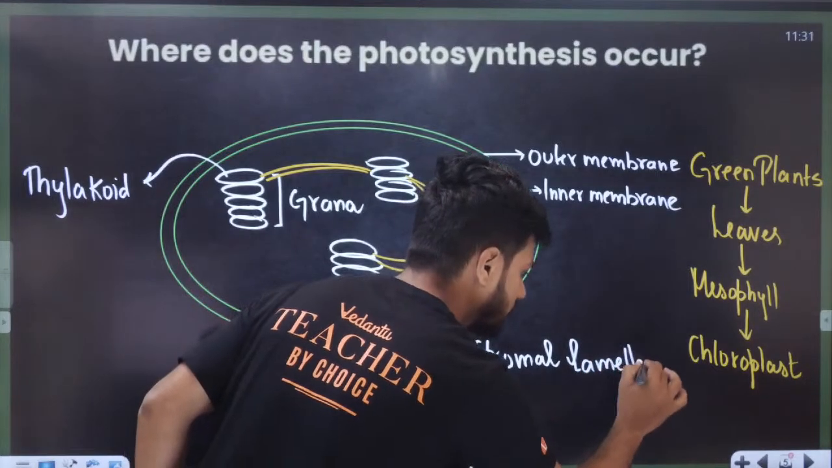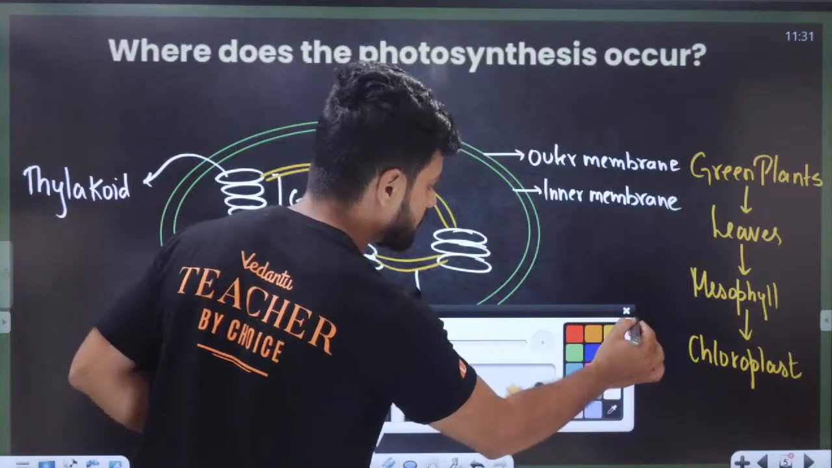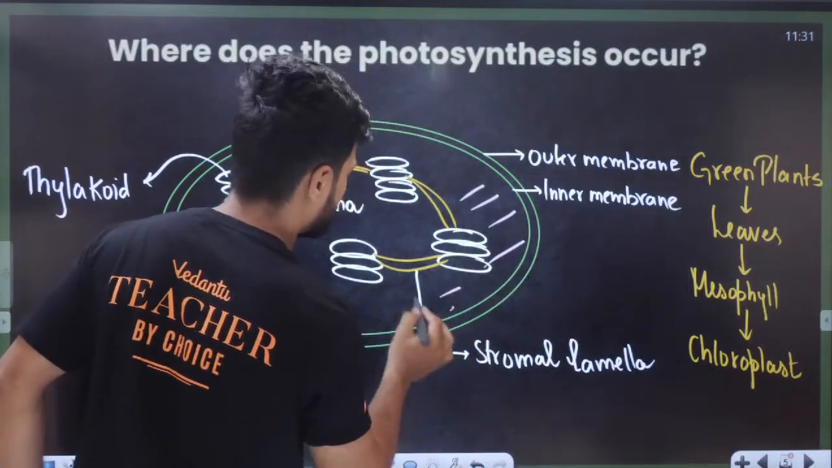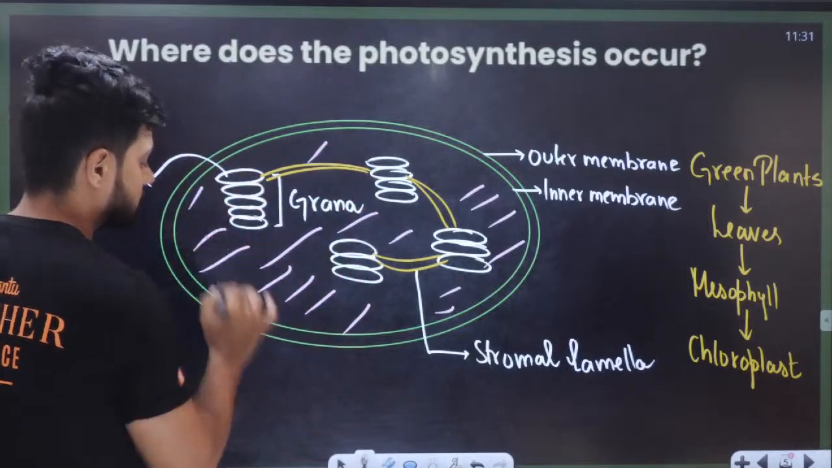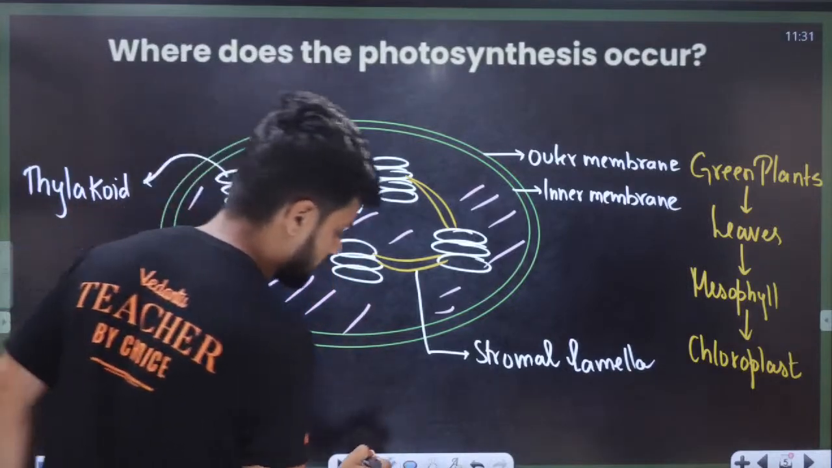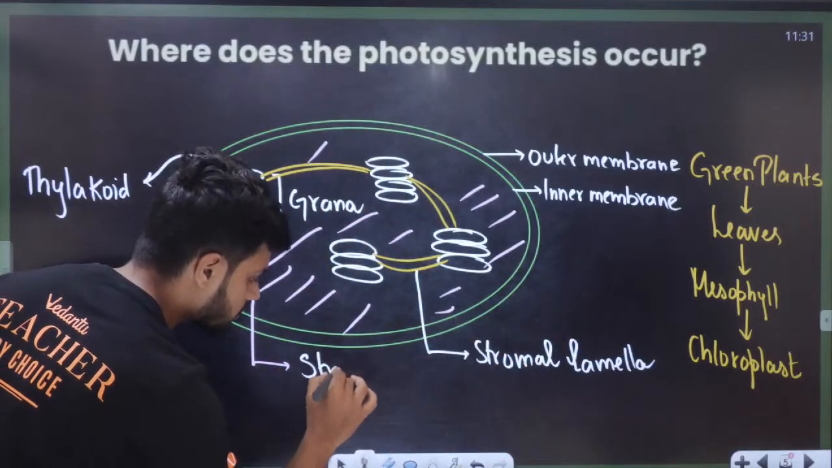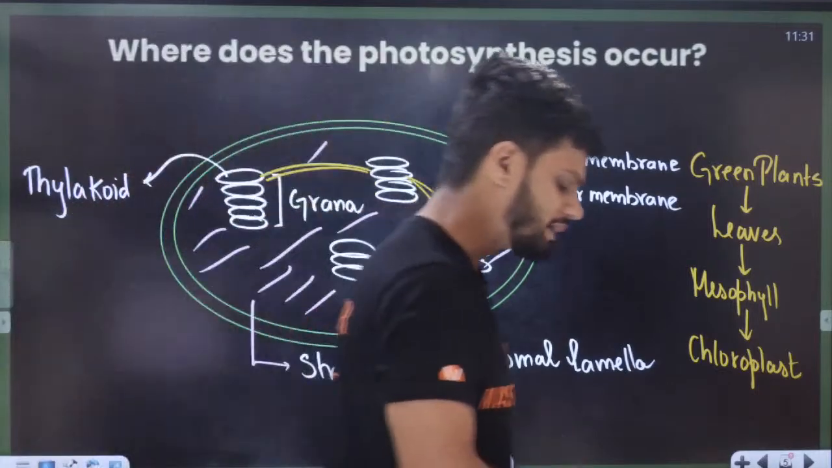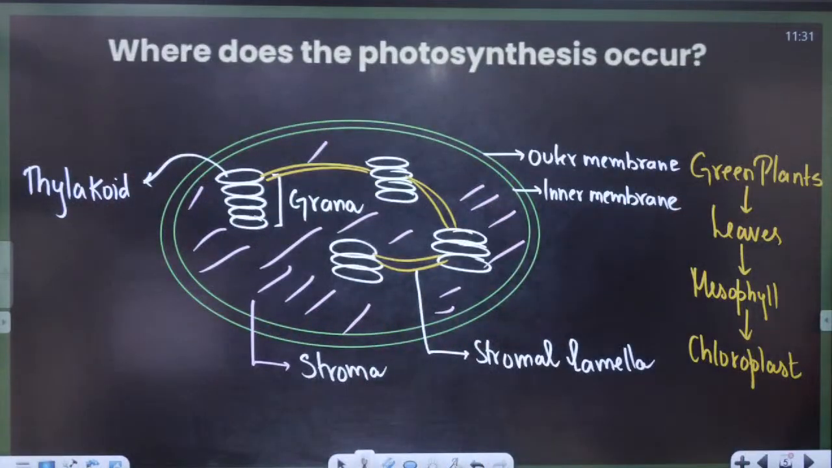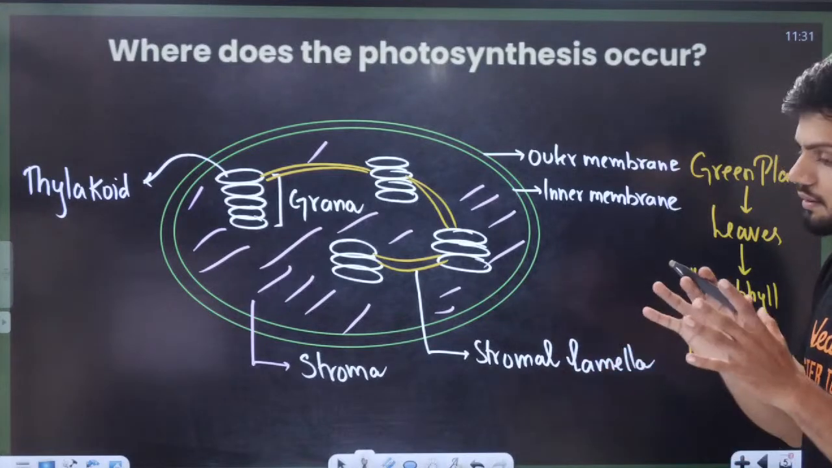Or stromal lamella. Okay. Now, here we have a matrix. The matrix is called, can anyone tell me? We call it stroma. Now, why did I tell you the entire story? Answer is very simple. The reason I told you this entire story is for you to understand the entire process